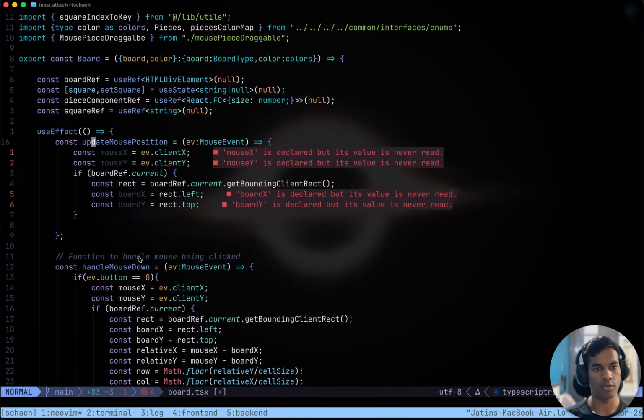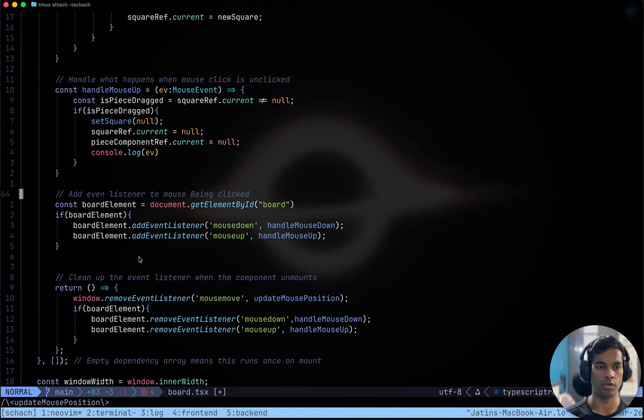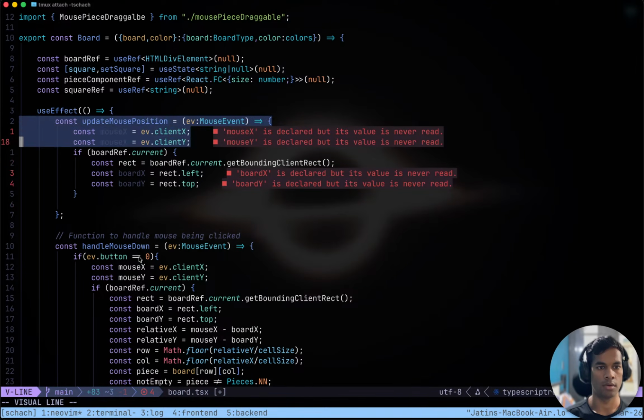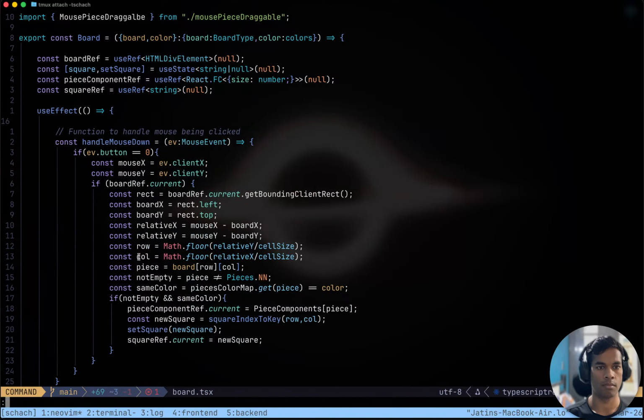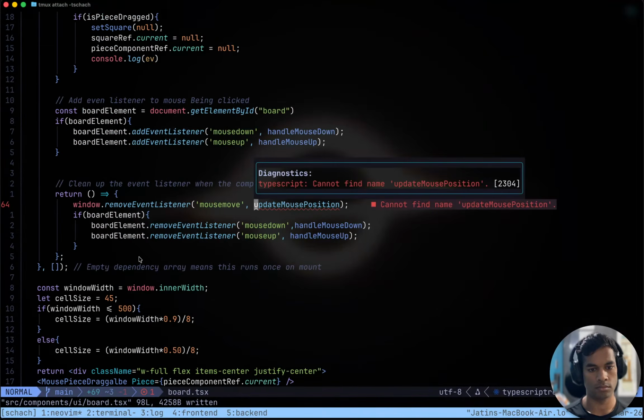Are we even using this function? We are. Mouse move. We should not use this function. We are not doing anything with this function. There is another error.